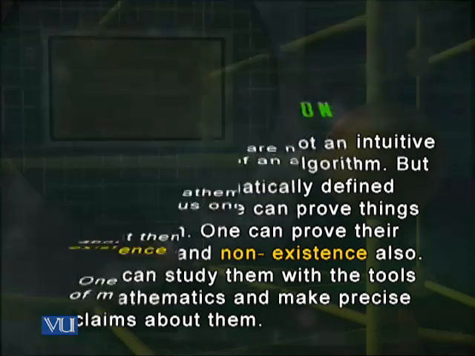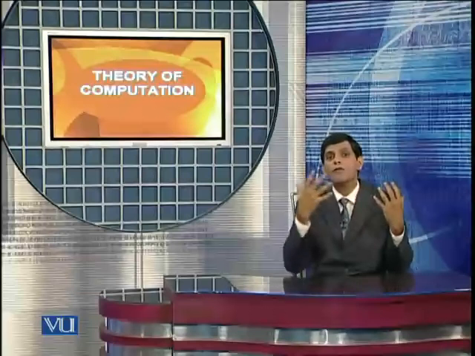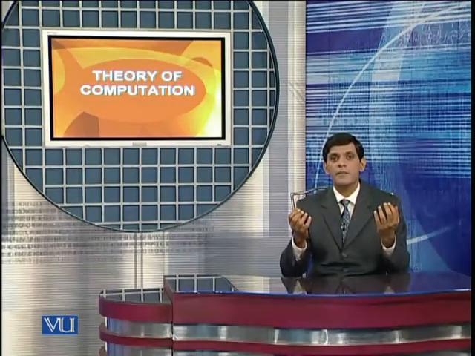So, what Turing had done was come up with a mathematical definition of the intuitive notion of an algorithm. He captured this intuitive notion with mathematical preciseness. And mathematically defined objects are wonderful because we can make precise statements about them, prove things about them, and say things about them definitively. And that's what Turing had accomplished.